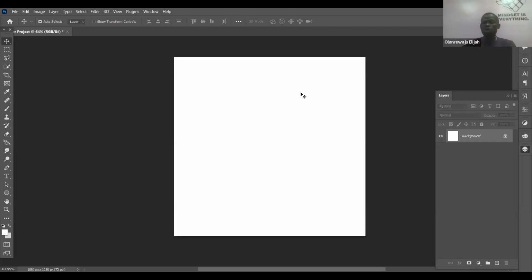Then before you come to Photoshop, to do what? To design. Do you get it now? In fact, most of the time, there are some people that will even sketch how they want their design to look. Before they even come to Photoshop, they have a picture in their head of what they want to create, before they even come to the software.